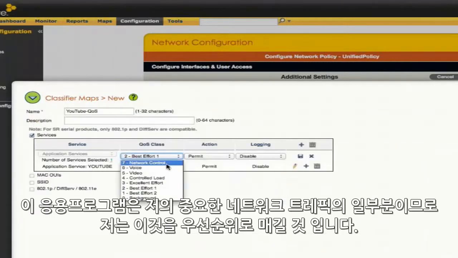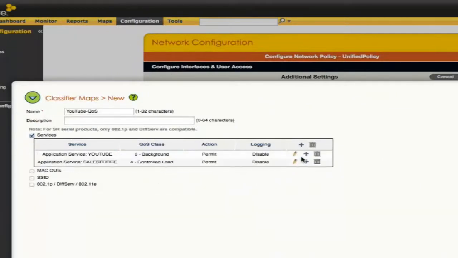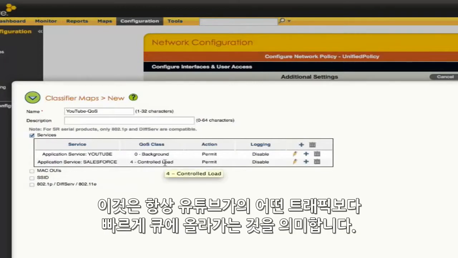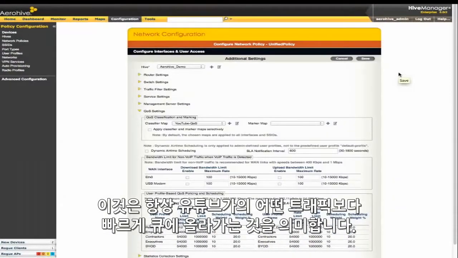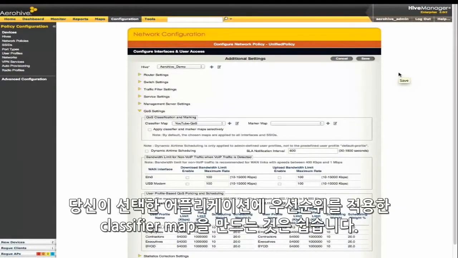For this application, this is part of my important network traffic, so I'm going to prioritize it. And this means that it will always be queued faster than any traffic destined for YouTube. And it's that easy to create a classifier map that will then apply that prioritization on the applications that you've